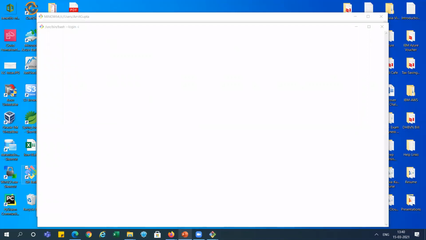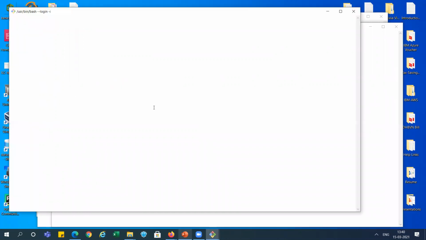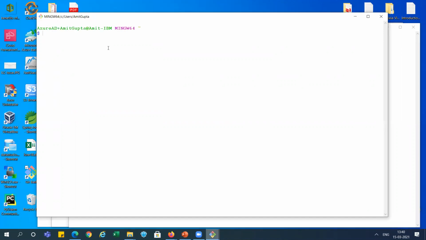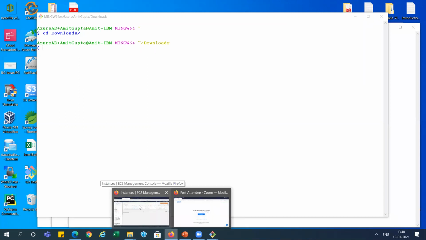These are 4 instances, so I'm opening it 4 times here. So first one, I'm going to the keys. My keys are in the download folder.